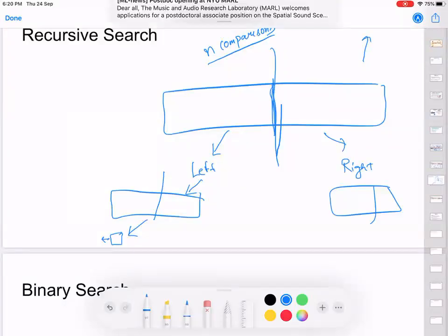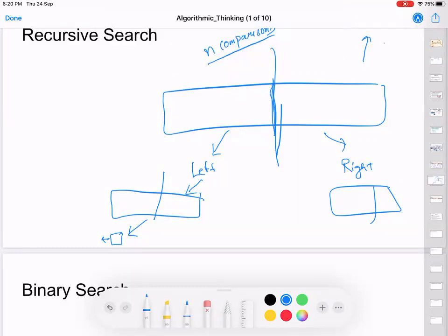At the end, when we are searching an element, the end result which we generally want is the index of the element which we are searching. But if I'm going to break this array into half and half and give two different arrays to these people, I will never get the index. So what we generally do is, instead of breaking the array and giving two sub arrays to these people, we write it as something like this: I have the element which I want to search, and a beginning location and an end location. So I am passing this entire array to these two people, but I am telling them from where to start searching and from where to end.